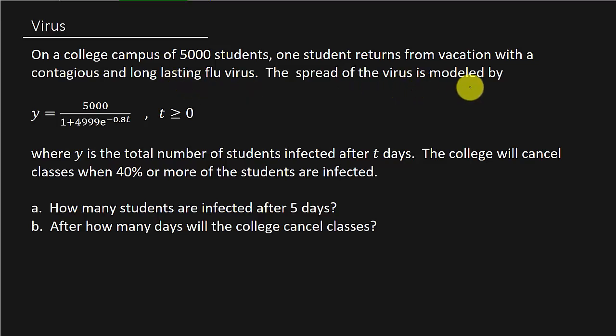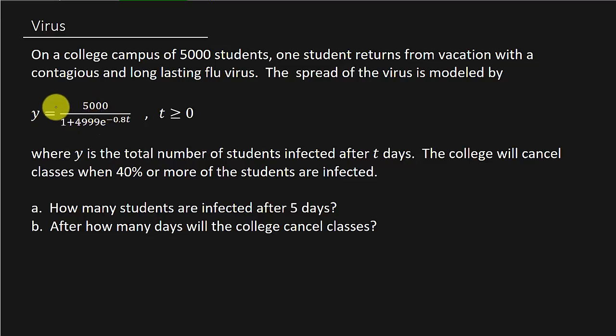The spread of the virus is modeled by y equals 5,000 over 1 plus 4,999 times e raised to the negative 0.8t, where t is positive. So y represents the total number of students infected after t days. So if we want to know how many students are infected after so many days, however many days, that's going to go in for t, and then the answer you get is how many students